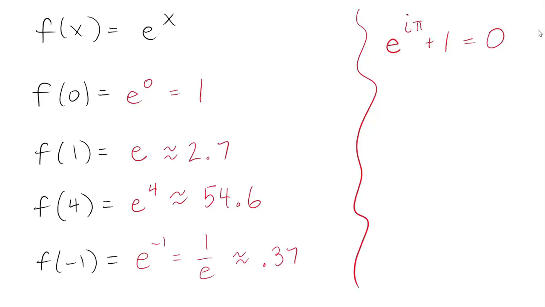You've got 5 of the most important constants in all of mathematics related in this simple equation. And it's not that some dork decided that this should be true. Somebody proved that it is true. This isn't a particular fact that we're going to use in our class, but every time I introduce e, I have to bring this fact up because this is just the most beautiful thing that ever happened in the history